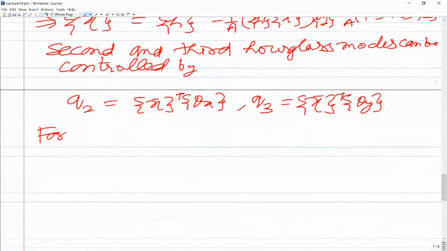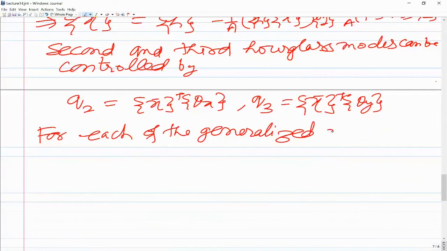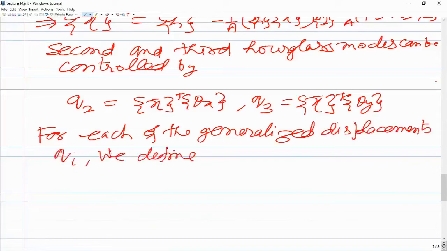So we need to calculate the forces. For each of the generalized displacements, small qi, we define generalized forces